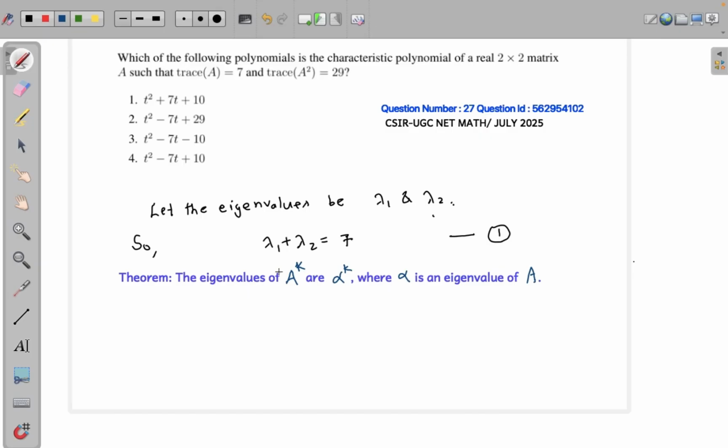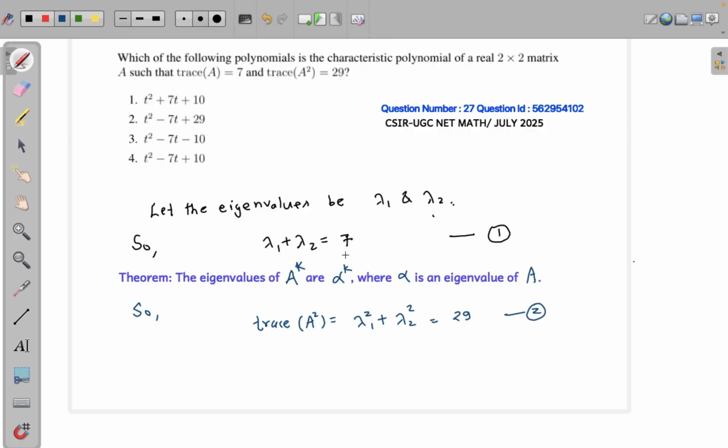So since lambda 1 is an eigenvalue of A, lambda 1 square will be an eigenvalue of A square. Similarly, lambda 2 square will be an eigenvalue of A square. So trace of A square will be lambda 1 square plus lambda 2 square. So we get this equation. Now equation 1 and equation 2 we could solve to find lambda 1 and lambda 2. Once lambda 1 and lambda 2 are found,